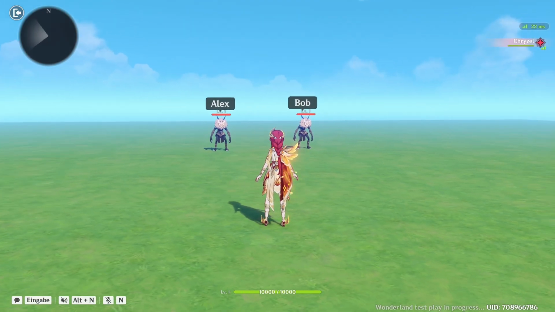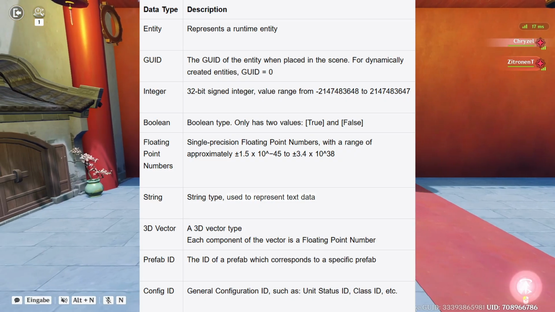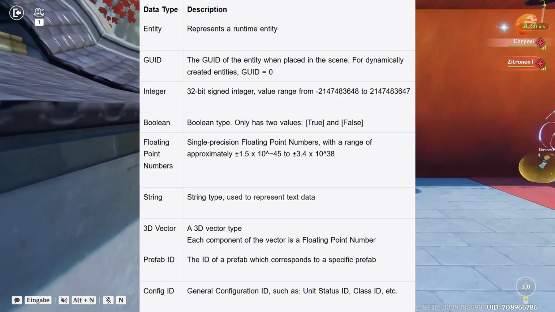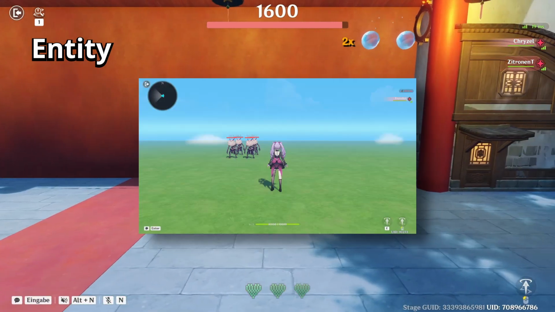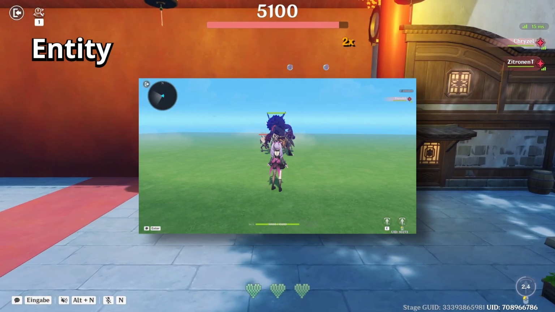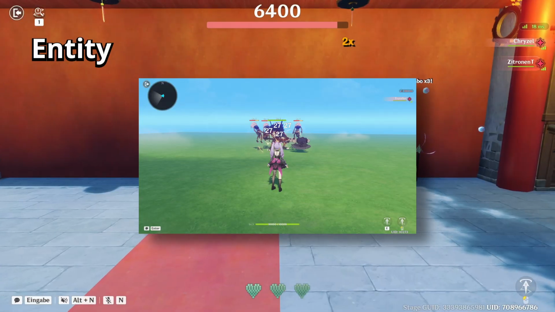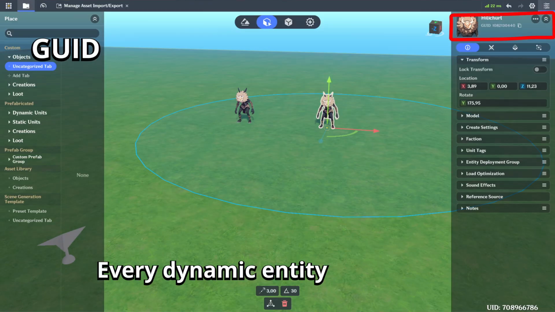Now that we know what variables are, let's look at the different types of data that they can store. For that we have simple data types like entity, and those store a full entity, which could be useful if you want to make a summoner class and you summon a unit, so you can keep track of who this unit belongs to. The GUID is a unique identifier for entities, and these let you find specific entities later that